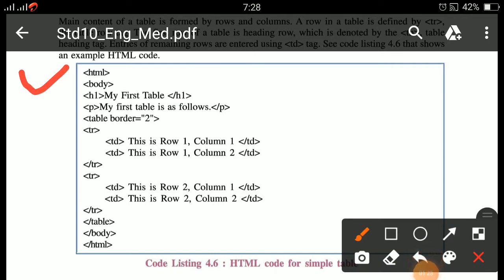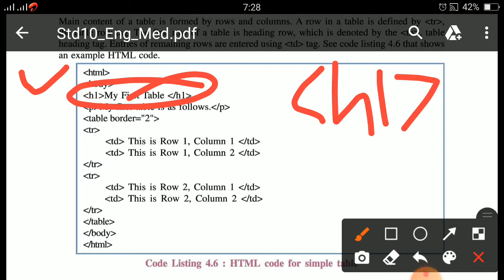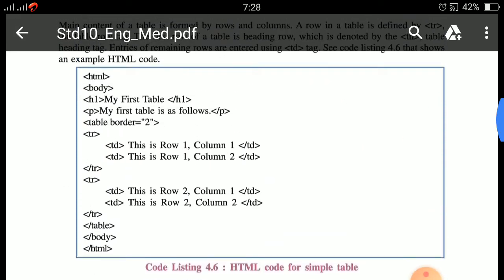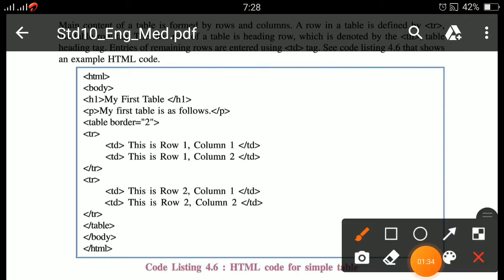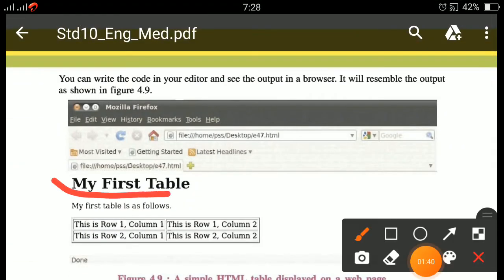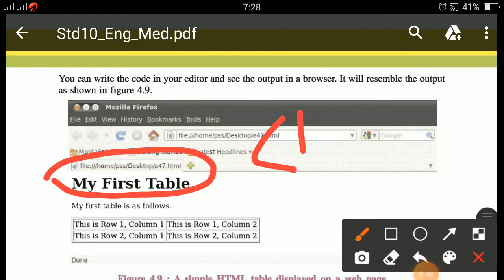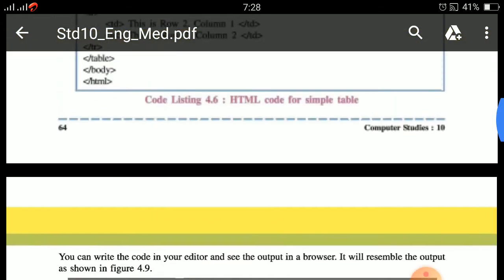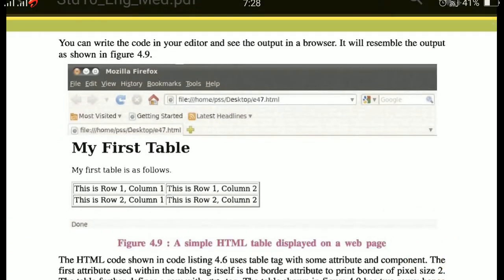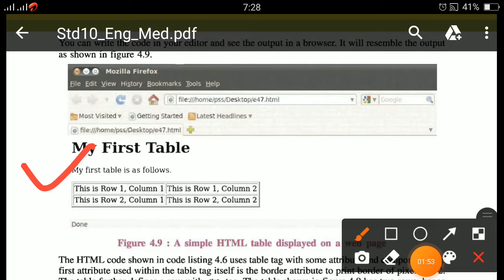HTML, body, h1. The h1 tag is used for giving a heading. In between h1 and slash h1, my heading is My First Table as per this example. Now the second part is I have to add this line: My first table is as follows.